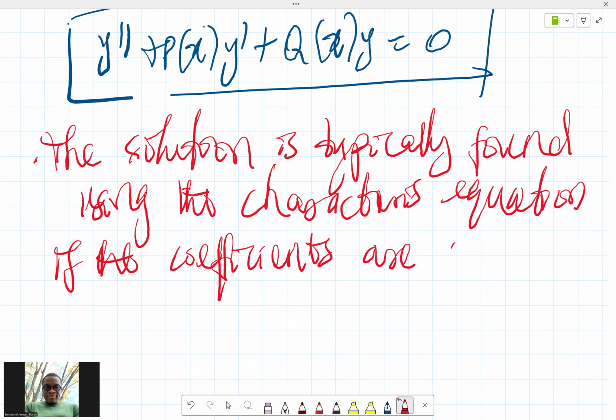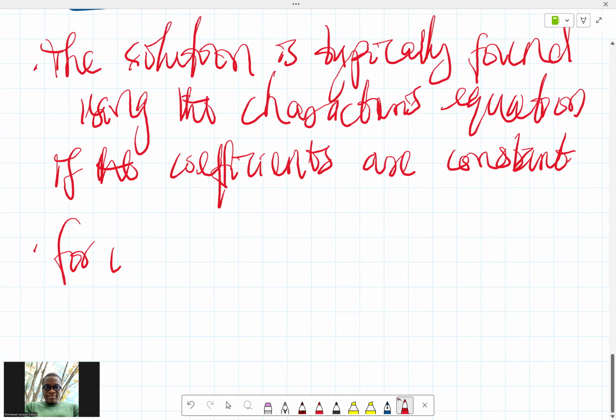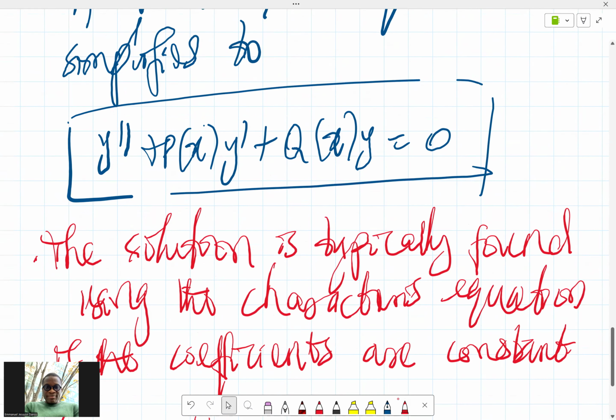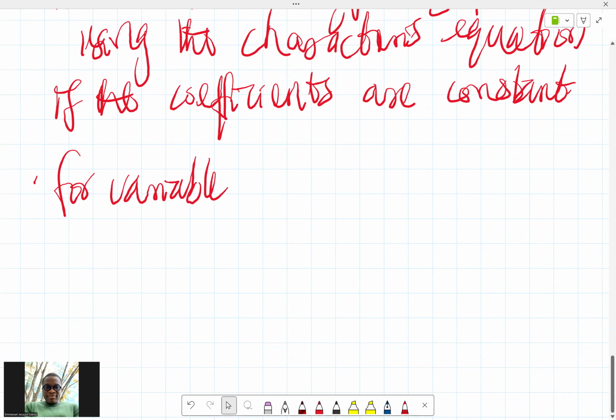So we are going to consider this in the next video. So watch out. It's possible to also have variable coefficients. We are saying we can use the characteristic equation if p of x is constant and q of x is constant, that is, it is maybe a number without x. But if it contains something like 2x, 3x squared and things like that,